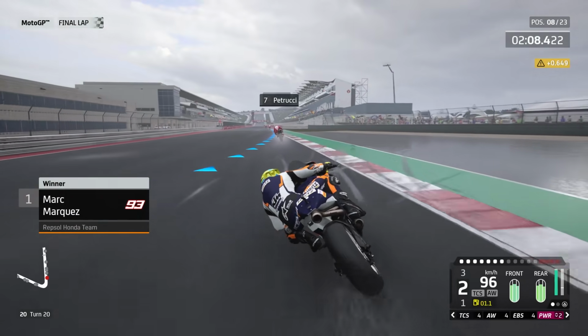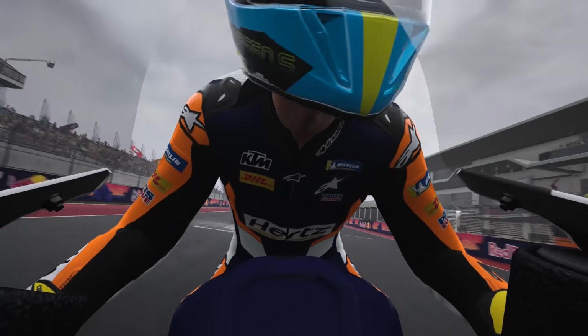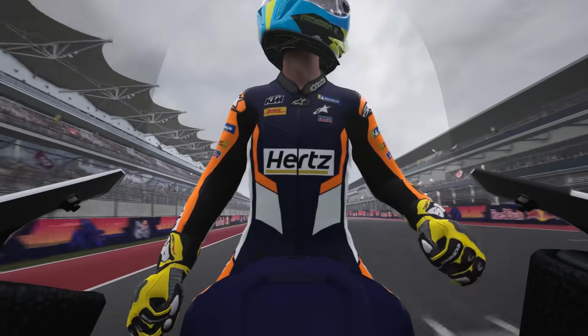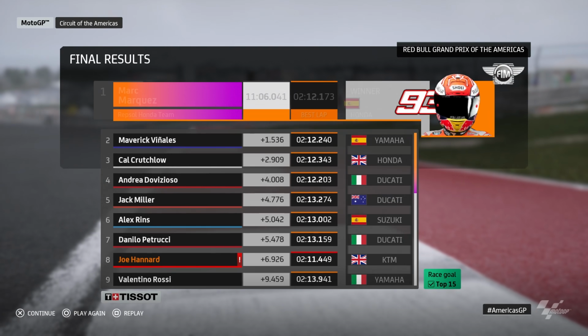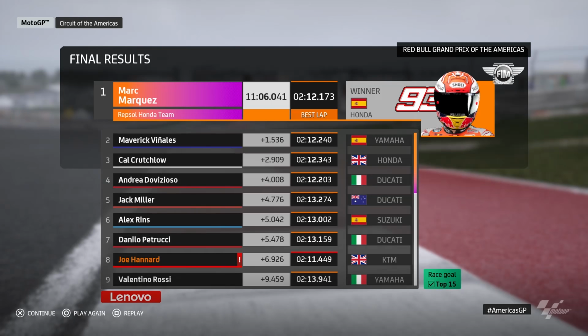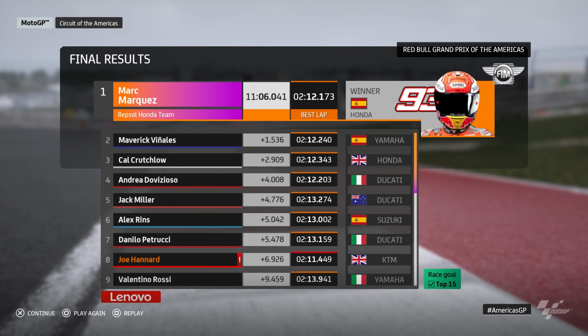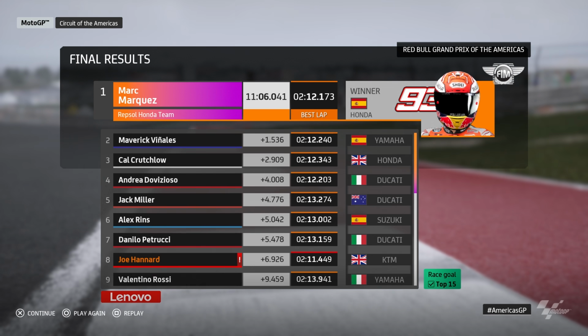Marc Marquez wins the American Grand Prix. We come through with a lovely 2:11.4 at the end there. Claim of the fans on their victory lap. Let's take a look at the final ranking of today's race. So we do get fastest lap, but we do finish 8th in the end, despite our 6/10 penalty, and Rossi